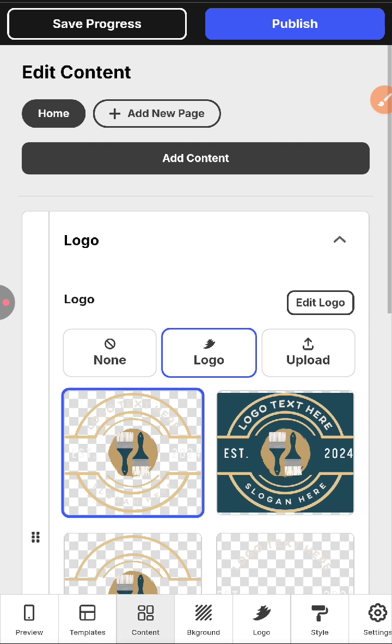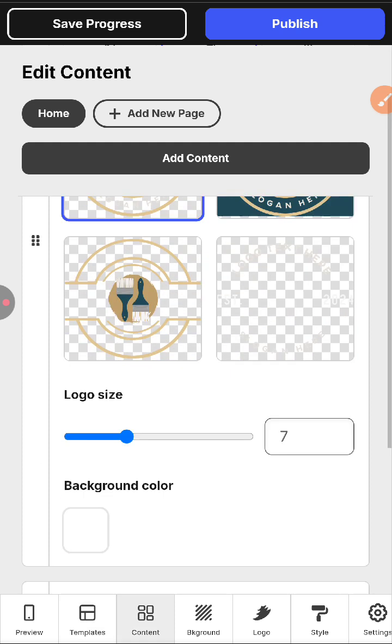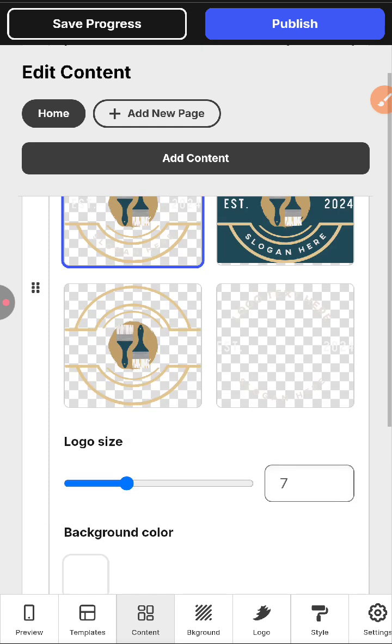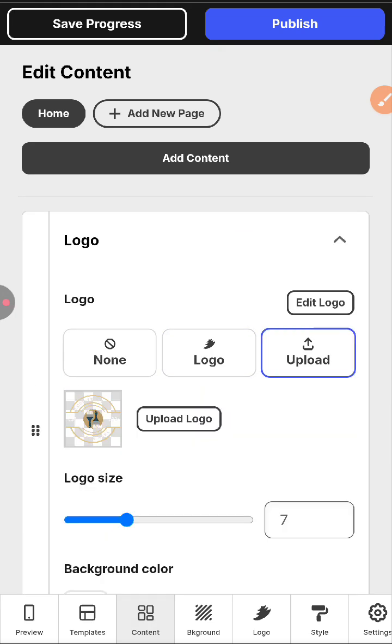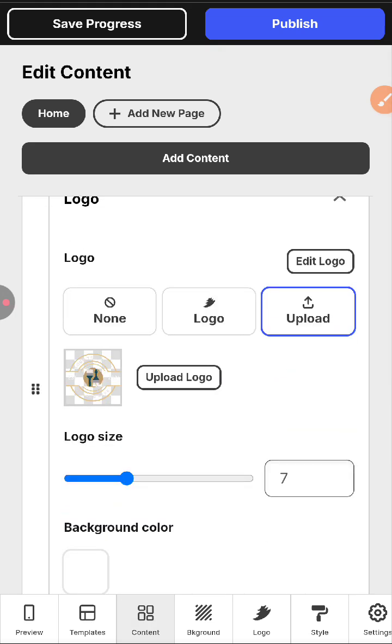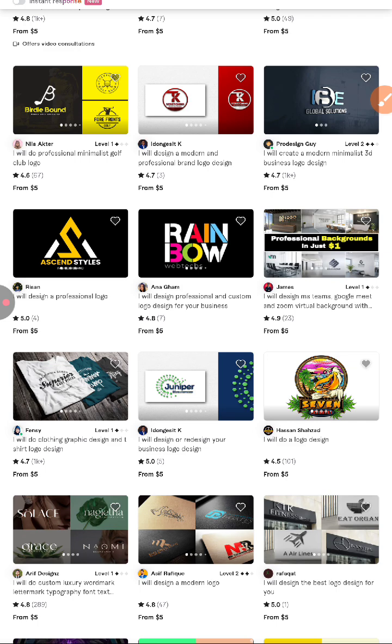Now one more important thing: if you want to upload your own custom logo, you can upload it from here also. For that, the logo should be ready. You can use any free tool on Google to search for logo creation, but I actually prefer these services over here, just for 5